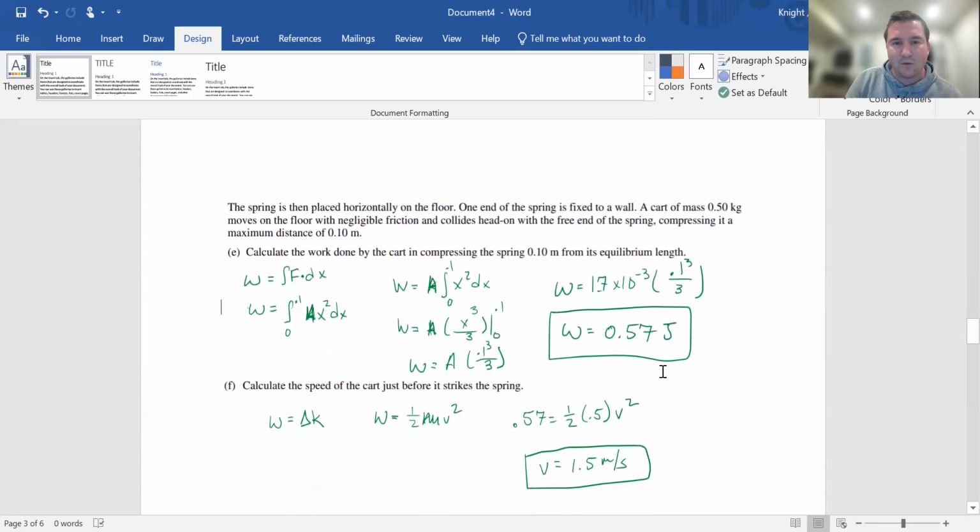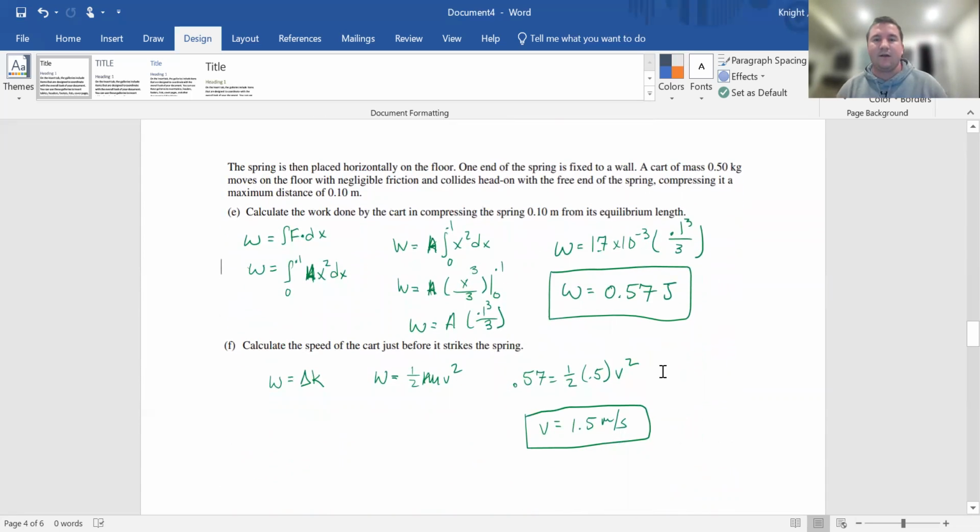The spring is then placed horizontally on the floor. One end of the spring is fixed to the wall. A cart of mass 0.5 kilograms moves on the floor with negligible friction. We don't have to worry about friction. It collides head on with the free end of the spring, compressing it a maximum distance of 0.1. So our cart collides into the spring. Calculate the work done on the cart